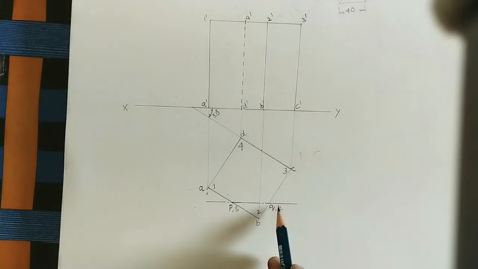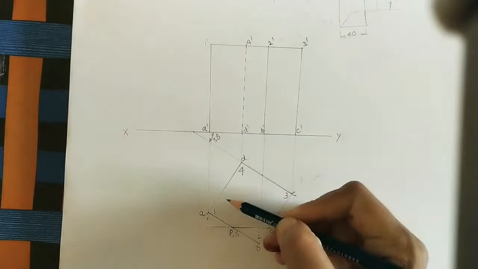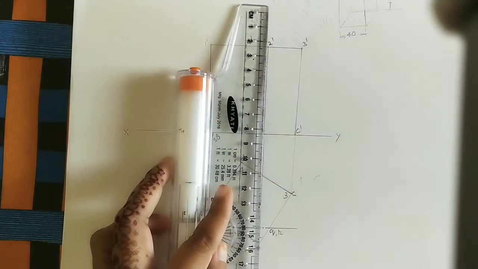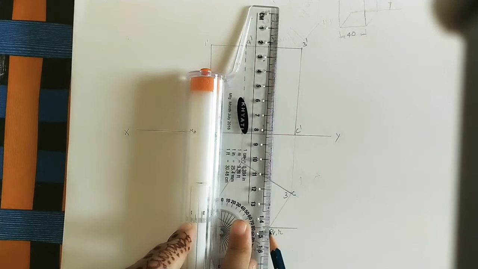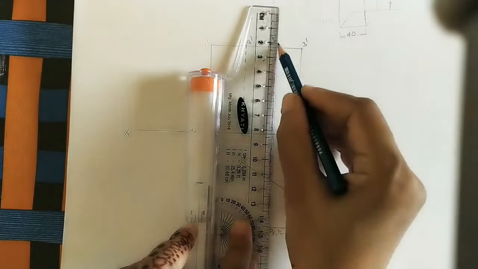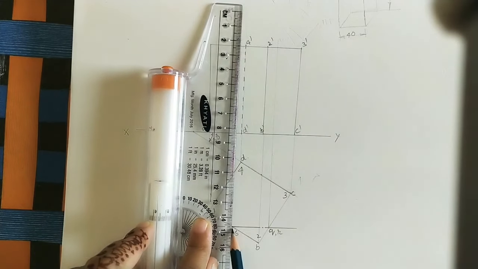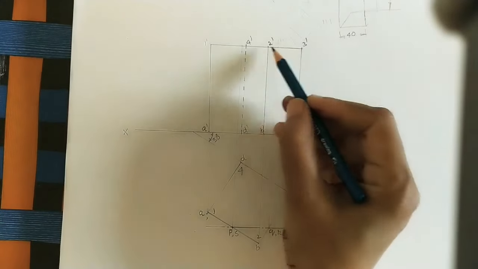We have to mark these points in the front view also. Okay. At these points, do the projection lines up to this solid. So take any one of the vertical lines as the reference line and move the scale up to these cutting points. Do the projection lines. Here also at this point, do the projection line. Okay. Here mark the points.